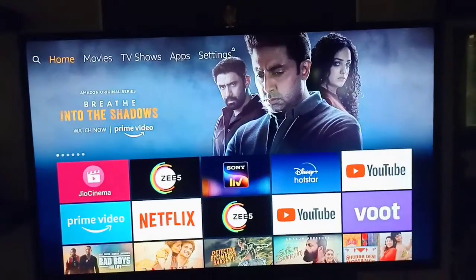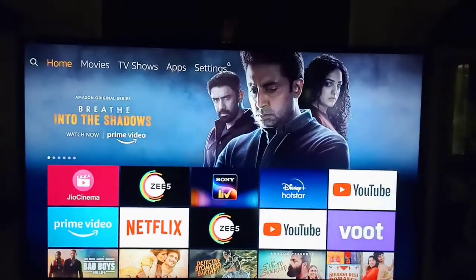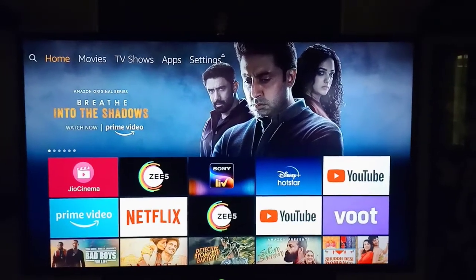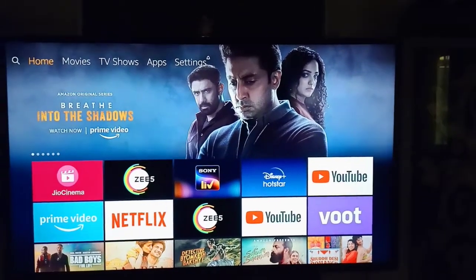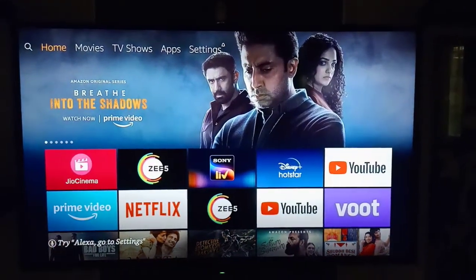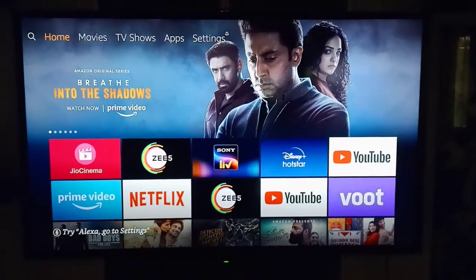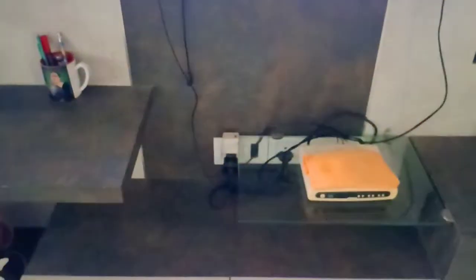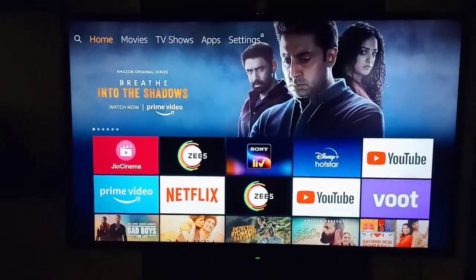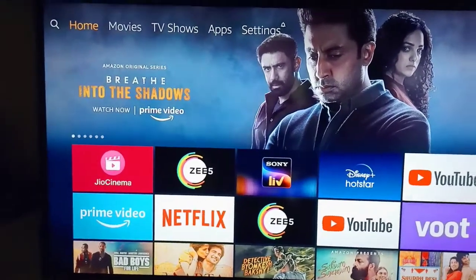If you want to see more such content on Amazon Prime, any one particular detail, then please let me know in the comments. Please share it. I have tried to cover all the points of what things are available in Amazon Prime, how to install and uninstall the apps, how to connect internet from network settings, how to plug in the adapter, also Hotstar movies, Jio Cinema movies, settings, TV shows, everything.